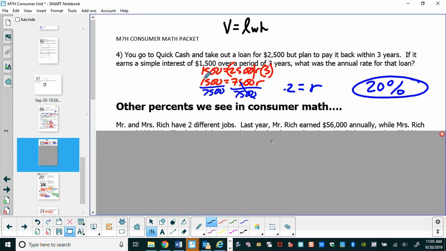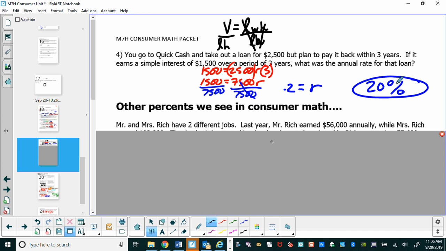Now on this side, when we take the 1,500 and divide it by that coefficient, we have now solved for R. It's a lot like solving for the width, when you divide away the L and the H. We talked about that volume problem where to solve for W, you just take this number and divide by that coefficient over there. So if it ever asks you for the interest rate, all you're doing is multiplying these 2 numbers together, and then you divide the interest to get R. Now we move the decimal over twice, and it looks like it'd be a 20% interest rate.